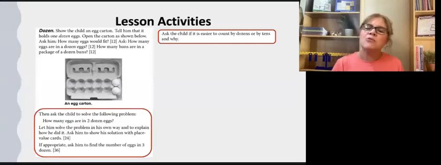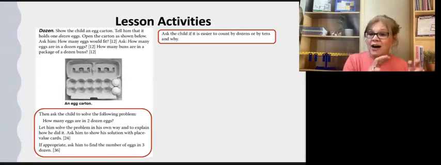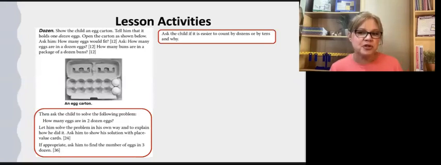I also might reword this question to say, what if I had 3 dozen? Now, some kids, so notice here, it'll say, ask him find the number of eggs in 3 dozen. Some kids start focusing on the object, in this case, eggs, instead of the quantity. So keep that in mind as you're asking the questions. You might just want to leave off the object if it becomes a distractor to them.